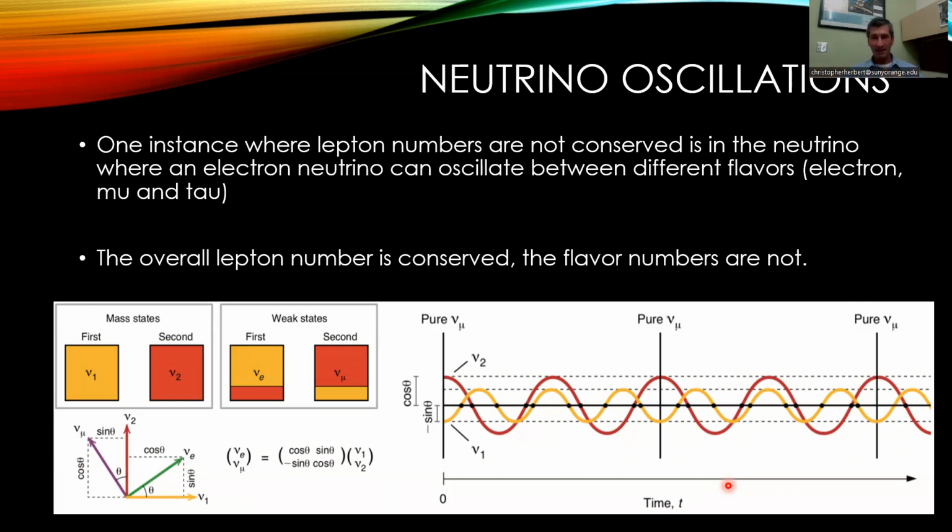This is more complicated than I'm explaining here, but we can imagine a neutrino being created which has an electron characteristic, but it actually oscillates, where the electron characteristic will oscillate, and the muon nature, the muon lepton number,